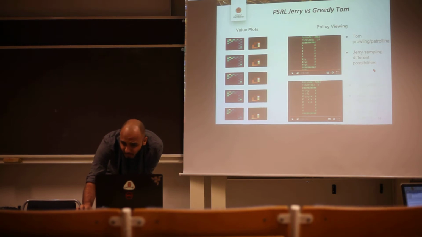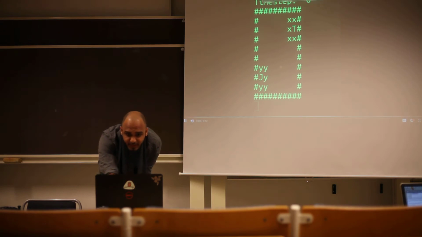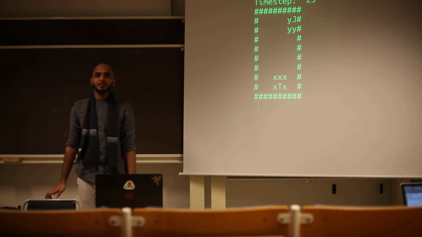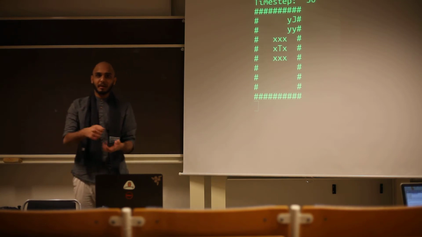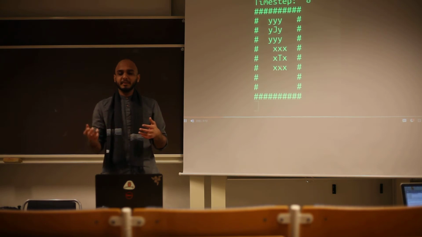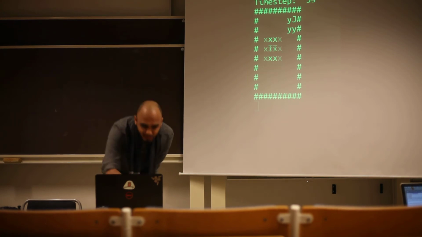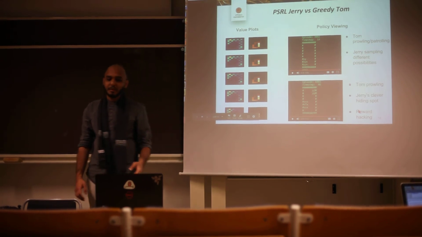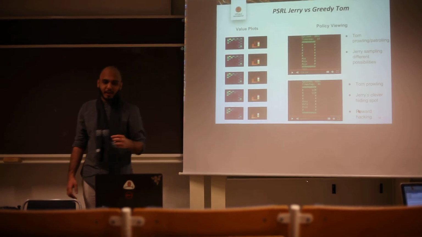And yeah, and here one of the very interesting strategies that Jerry unveils is hiding at the spot where Tom starts, and Tom continues to keep prowling. This is around 6,000 episodes when you look under the hood, and we can see how Jerry finds a perfect hiding spot in the corner where Tom starts, and Tom just goes about searching. And this also is very reminiscent of what is called reward hacking in RL literature, where you're able to